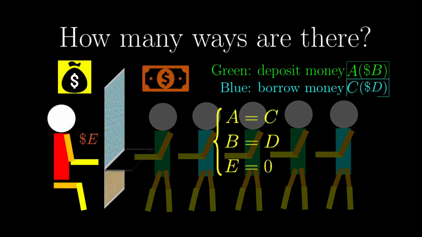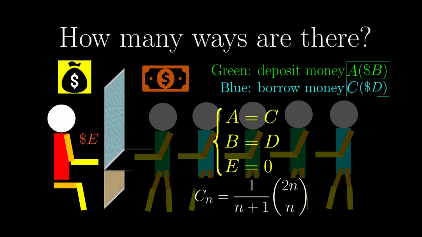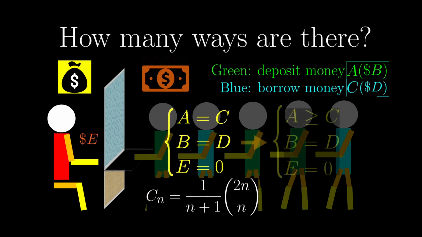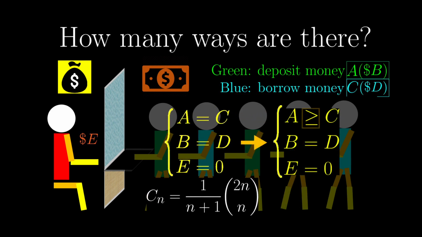So far, we have seen the solution of this particular case, where there is actually only one variable. And the solution is the Catalan numbers, where the argument n depends on the number of customers. However, we want to generalize a bit, namely, loosening one particular constraint about the number of people depositing and borrowing